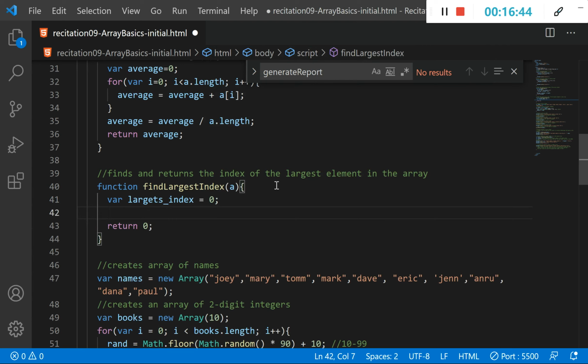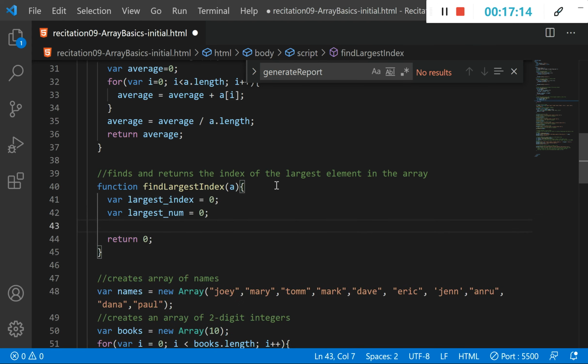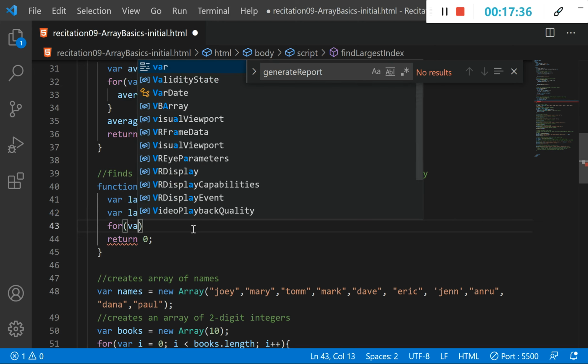Now what we do is that every time we should compare each element to the largest number, so we also need another variable, which is largest number. We should have two variables. First is the largest index, second is the largest number. So every time we should traverse the elements within this array, then we should compare this element with the largest number. If our element is larger than the largest number, then we will update the largest number and also the largest index. The loop will be like this: i equal to 0,